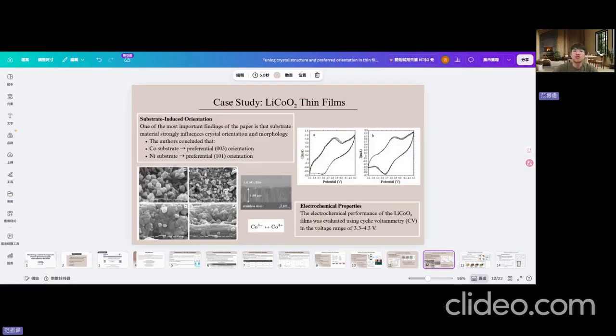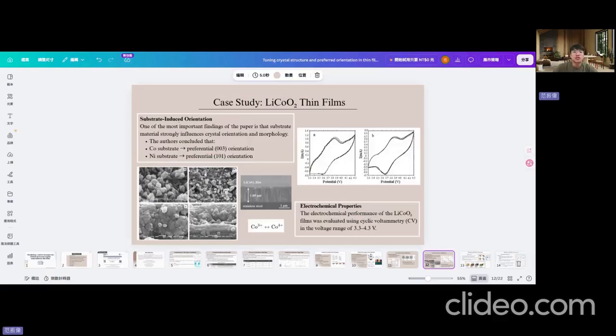This includes the reversible lithium insertion and extraction in the lithium cobalt oxide substrate. The paper reports that the films exhibit stable cycle behavior, with little capacity fading. Good electrochemical activity was maintained. And most importantly, the preferred orientation affects the lithium ion transport, and